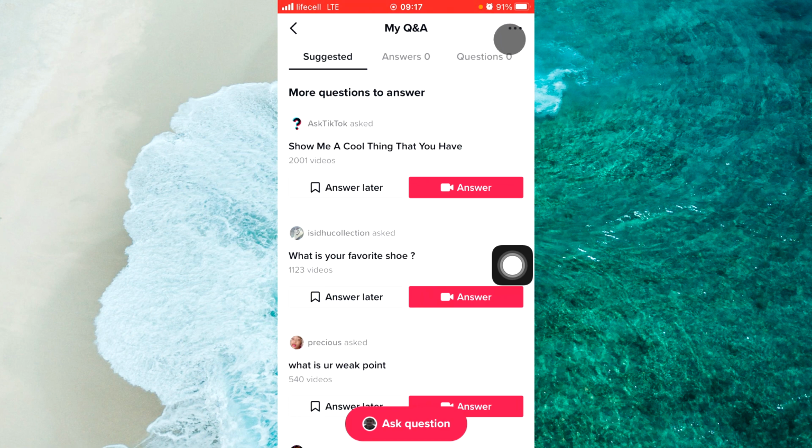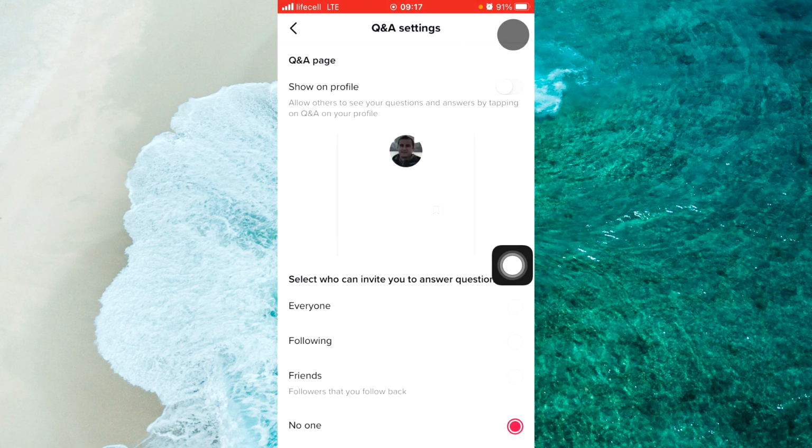Tap on three dots at the top right corner. And here you will see Q&A and show on profile. Just swipe the slider to the right side, enable Q&A and select who can invite you to answer question. So select everyone,